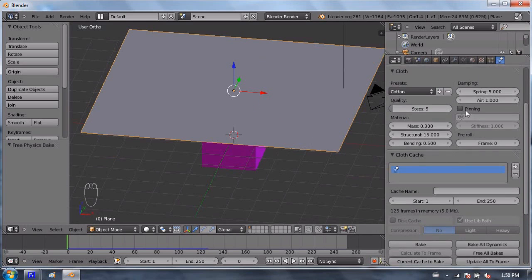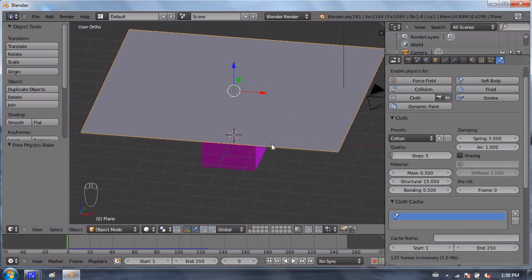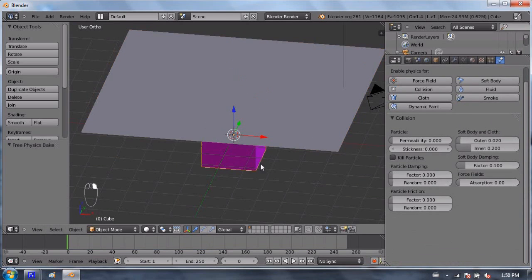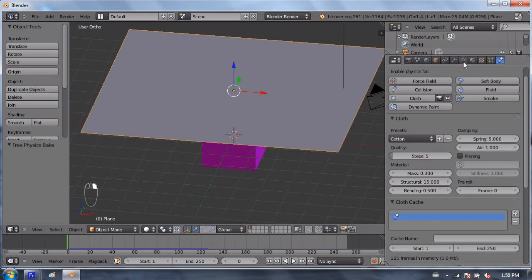We can either change our collision bounds on the cloth itself or on the collision object. I might suggest doing it on the collision object, partly because it's a simpler object, but I also didn't talk about this in the last video. So if we select the collision object and then go to the physics tab under collision, we can now change the amount that it, or the distance. Now it's not actually there, so I'm guessing that means that those options are only available in the cloth. So let's go back to the cloth,